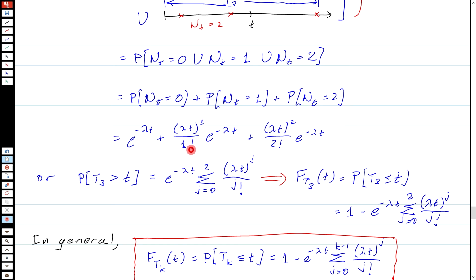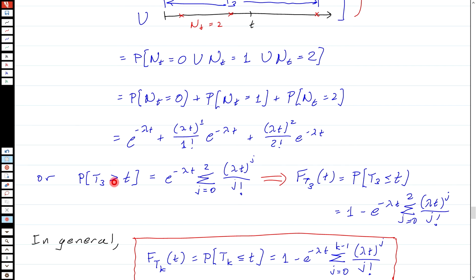And so I can write this, the probability that T3 is greater than t, by factoring out the e to the minus lambda t, and I get 1 plus lambda t plus (lambda t) squared over 2 factorial. Or I can write this as a sum: e to the minus lambda t, the sum of j equals 0 to 2 of (lambda t) to the j over j factorial. Now this is the probability that T3 is greater than t, so